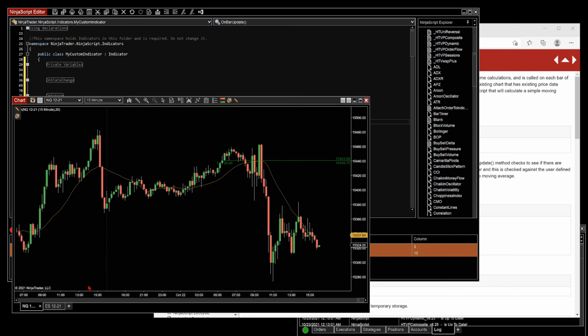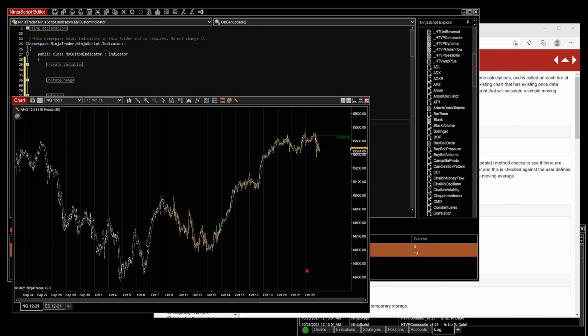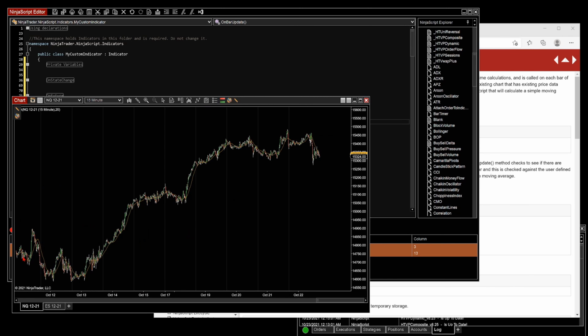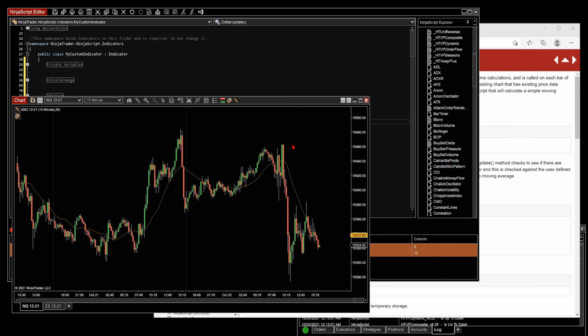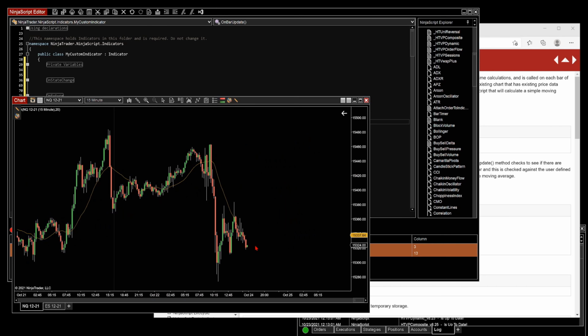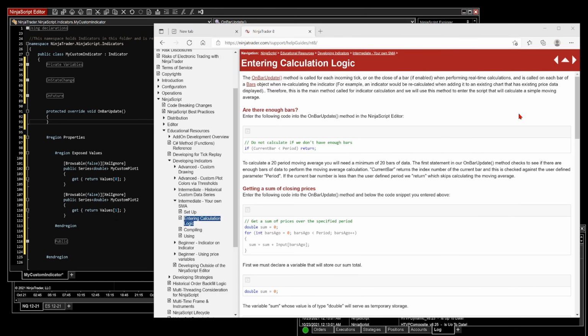If I come back to the chart and I squinch this up, wherever this chart starts from, there's a certain number of bars from the beginning to the end. It starts from bar 0 and it goes to the last bar on the chart. We just want to make sure